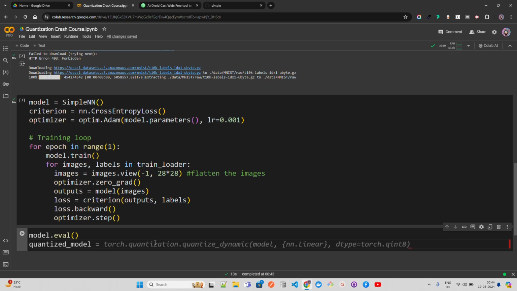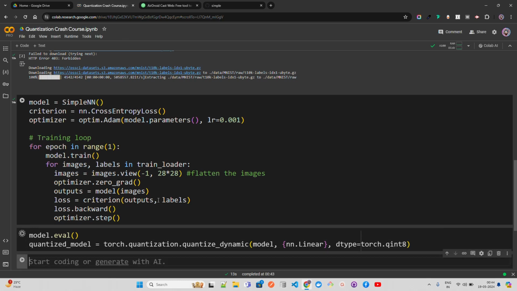Torch has a module called torch.quantization.quantize_dynamic. That's what I'm doing. I'm going to pass the model and the layer that you see, nn.Linear, and then dtype=torch.qint8. Let's just run this.